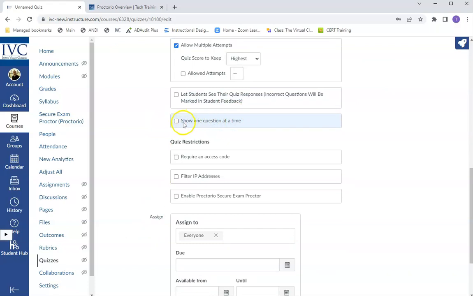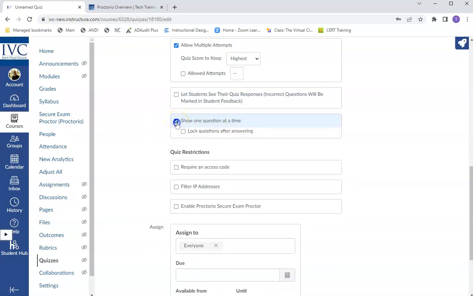The show one question at a time option: when you click on enable Proctorio, it's going to give a message, which I'll show you in a moment. The next part, require an access code. Do not check that. Proctorio is going to select that. And then filter IP addresses, we've never really been able to find a good use for that here at Irvine Valley College. So selecting enable Proctorio